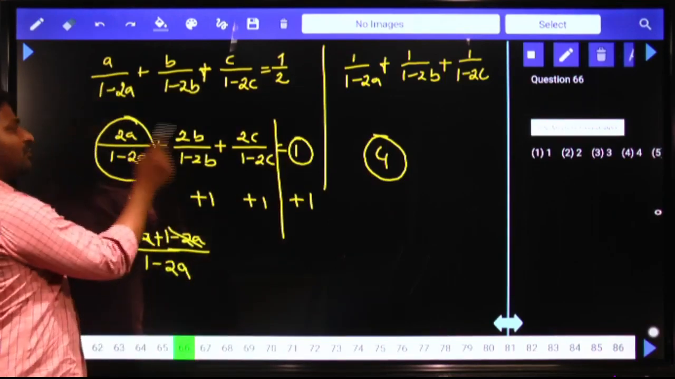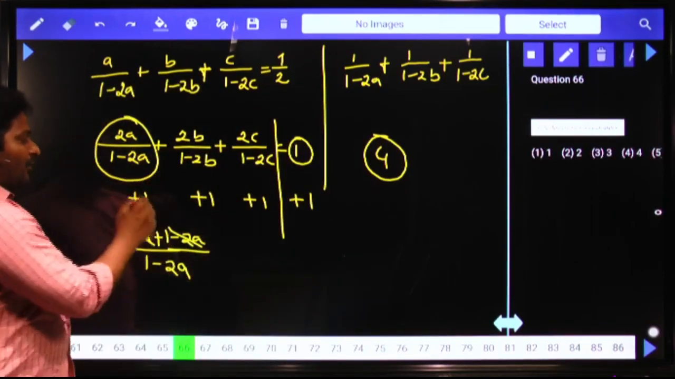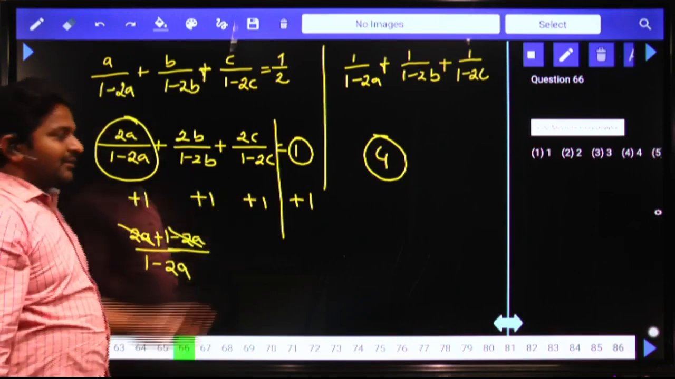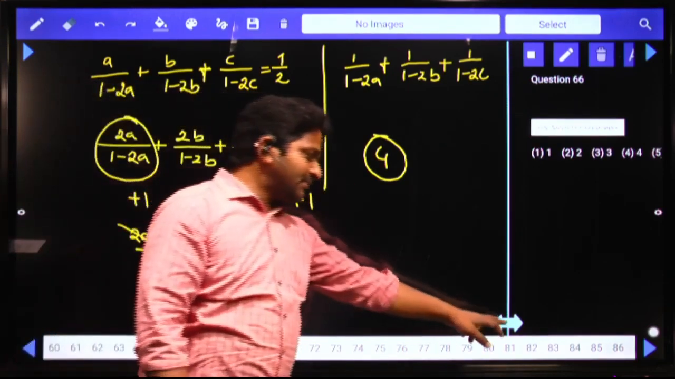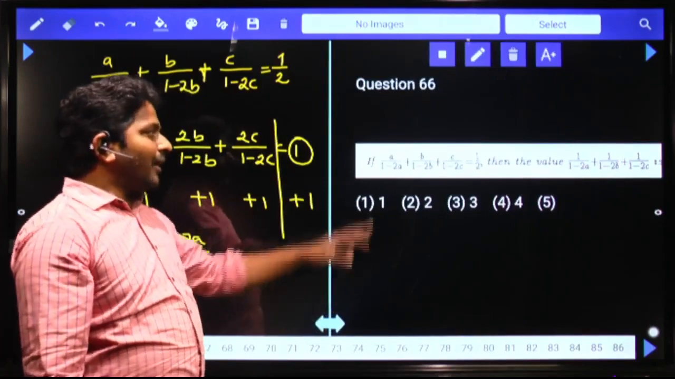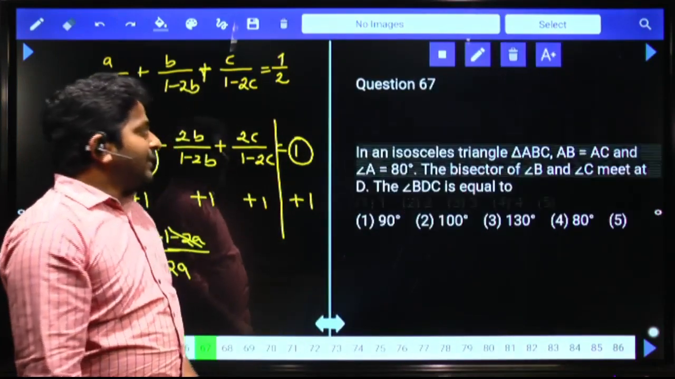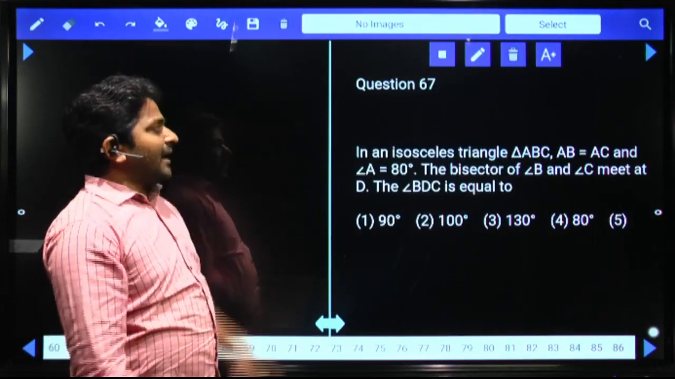How to eliminate numerators? That's the key point here. When I add 1, 1, 1, in total we are adding 3. So on the right hand side also add 3. That becomes 4. Answer 4. The option is also 4. Next, in an isosceles triangle